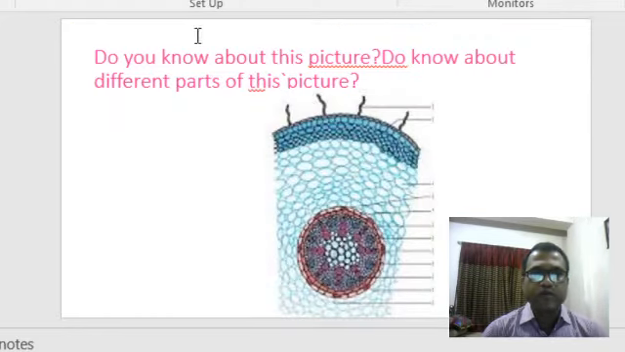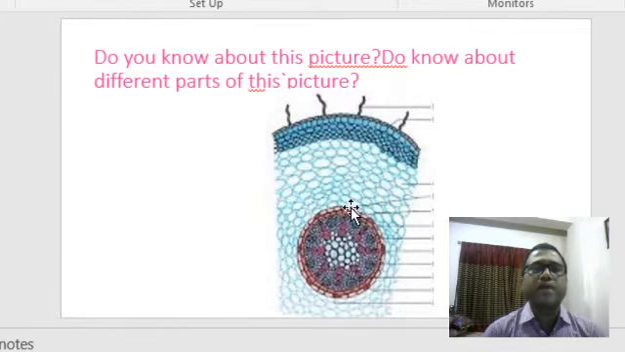Do you know about this picture? Do you know about the different parts of this picture? This one is a transverse section of a monocot root, and this portion is known as root hair. Basically, this root hair is unicellular. Root hair is unicellular, and the upper portion is known as the epidermal layer or epiblema, and this portion is known as